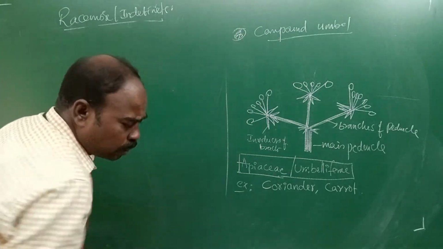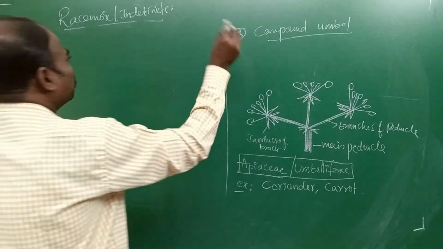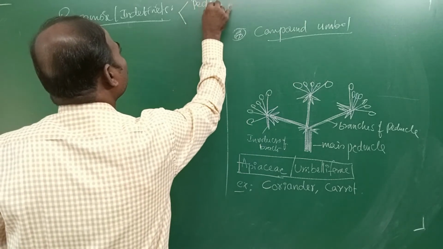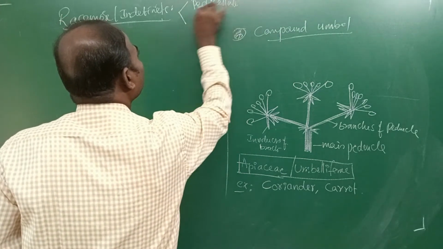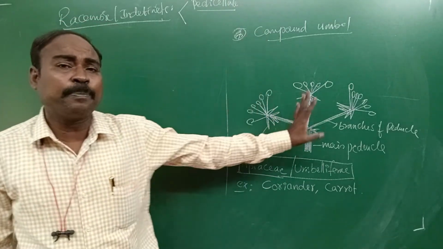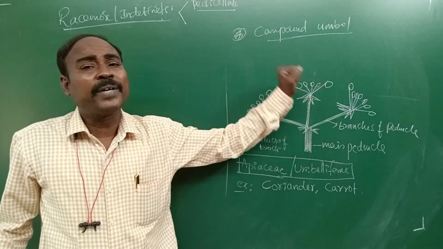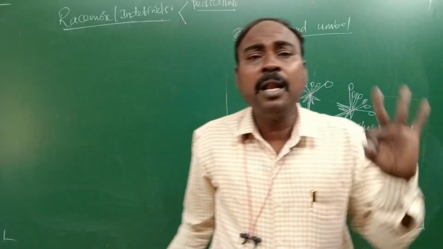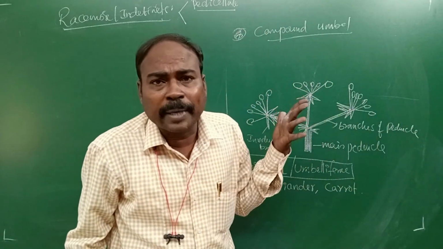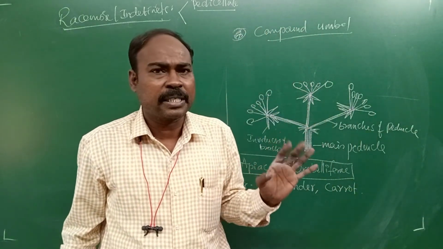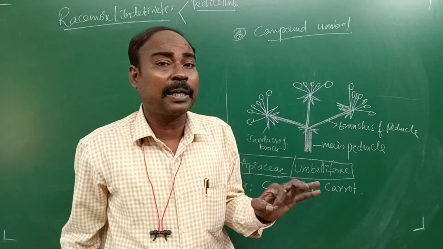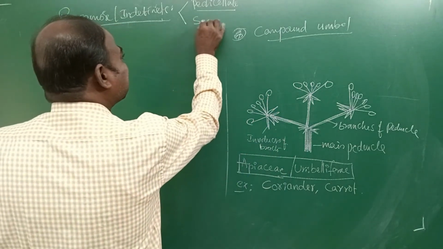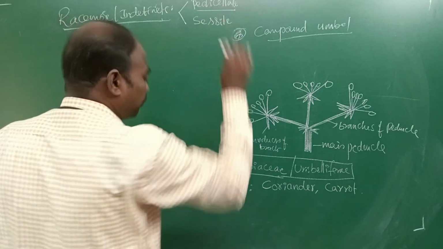So now these are all the types. These 6 types belong to racemose, pedicellate ones. All the flowers in these types have a stalk. That is, flowers of racemose type: simple raceme, compound raceme, simple umbel, compound umbel, simple corymb, compound corymb. In these inflorescences, flowers have a stalk. Hence, they are called what? Pedicellate racemose type.